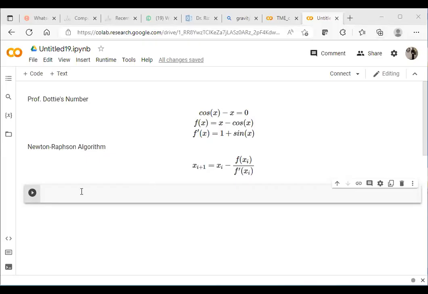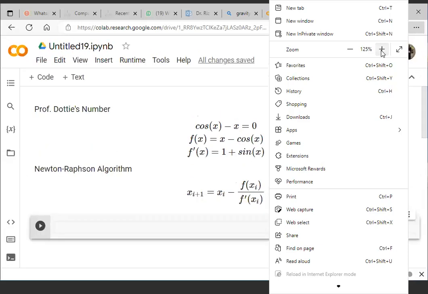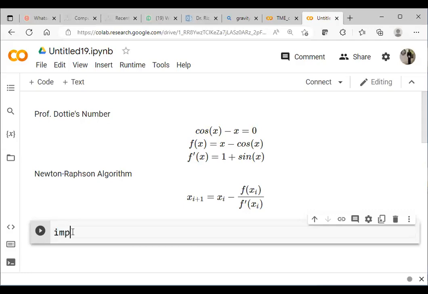Here we are going to develop an algorithm of Newton-Raphson to solve the equation cos of x minus x equal to 0. And it's going to be an iterative procedure in which we will start with an initial approximation. So in Python, I first import the library, import numpy as np, and